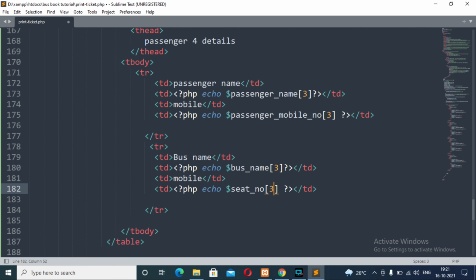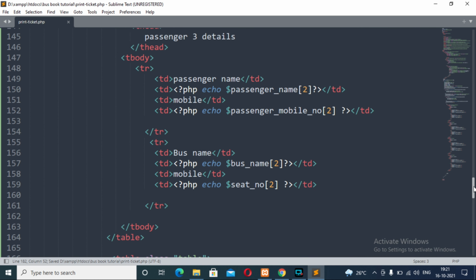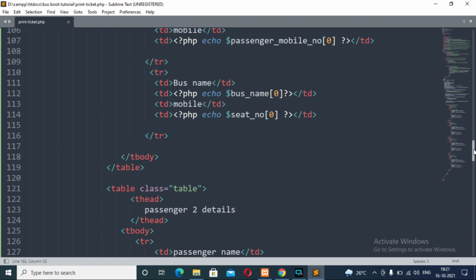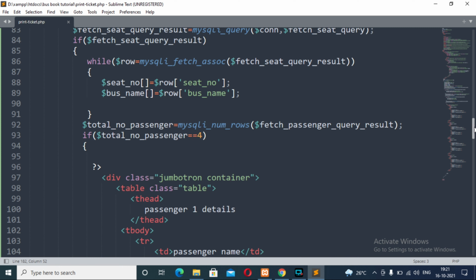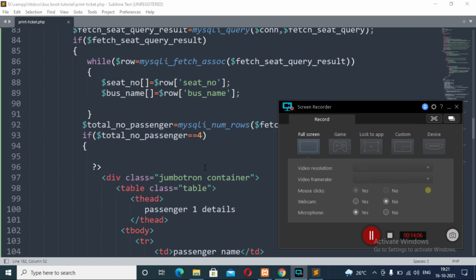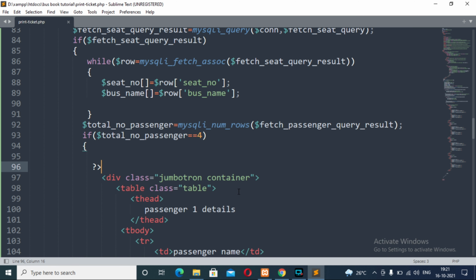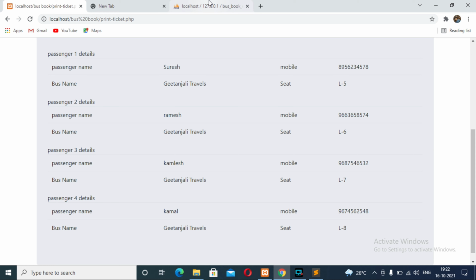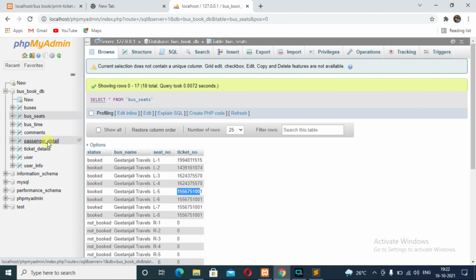Now save it and first see the output for the ticket number with the 4 passengers. So first let me check the ticket number that contains the 4 passengers.